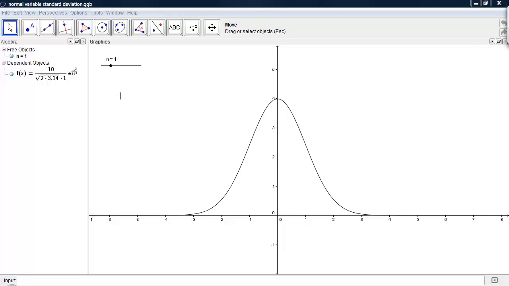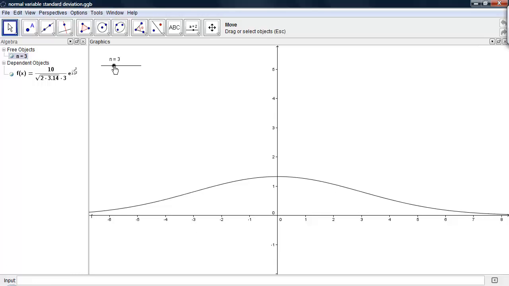The purpose of this demonstration is to show how the standard deviation can affect the shape of a normal distribution. Right now we have the standard deviation set to 1 here, and we can see the basic shape of a normal density. I have multiplied this by a multiplication factor of 10 so that we can easily see this curve. Now if I were to increase the standard deviation to 3,